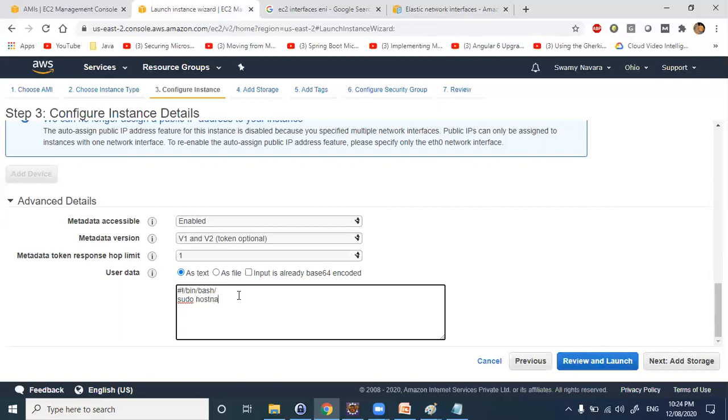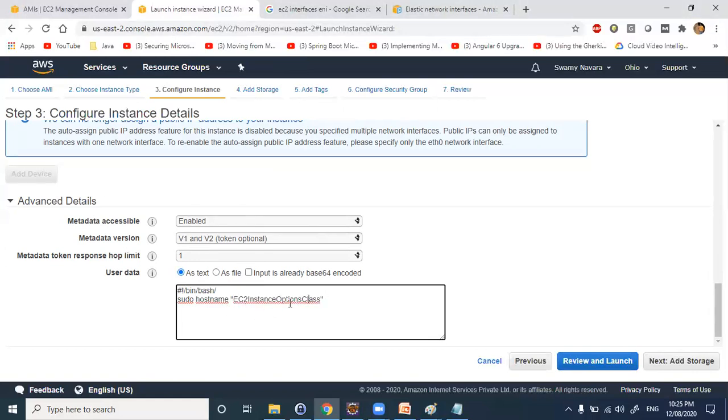Now let us do something: sudo hostname. When you launch an EC2 server, we get the private IP inside the PuTTY terminal. I don't want to see the private IP; I want to give some name for that machine. So I'll give this one, EC2 instance options, as a machine name.